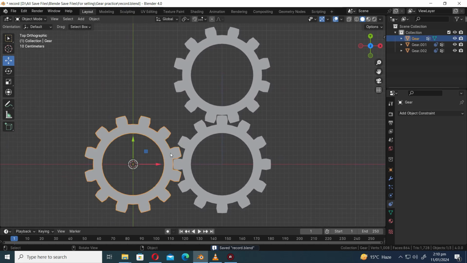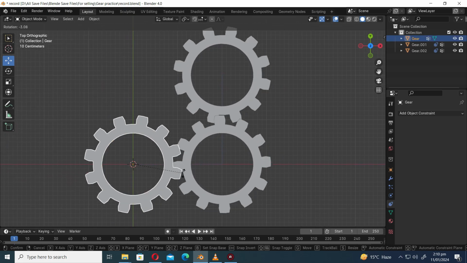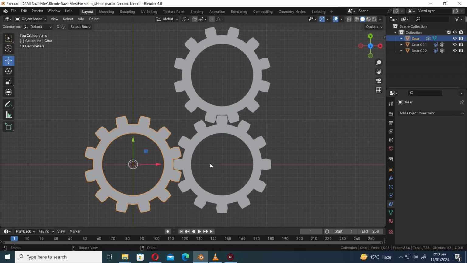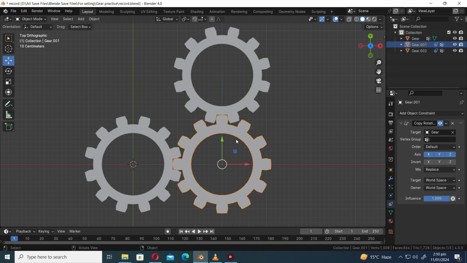Now, if we rotate the first gear, the other two gears follow the same rotation. However, we want to rotate them in the opposite direction. Now, select the second gear. In the constraints, remove the X and Y axes because we don't want to rotate the gear on the X